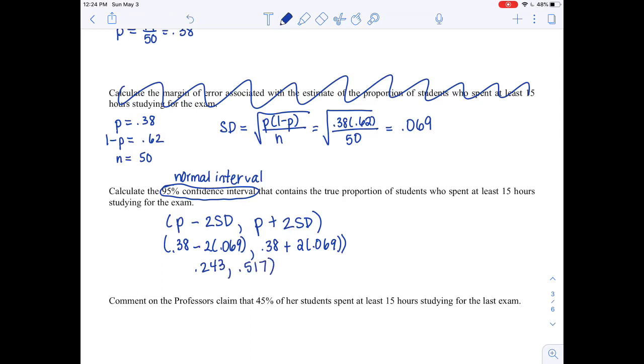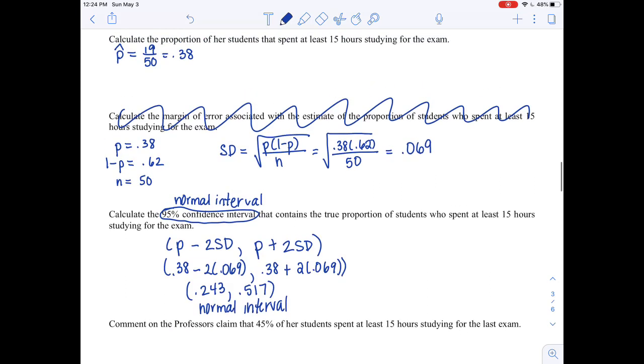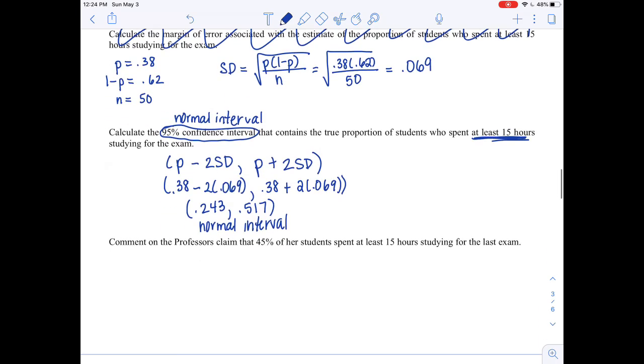Okay, and so when I do that calculation, I'm going to get 0.243 to 0.517. Okay, that's the normal interval in this situation. So that's talking about 95% of students spend at least 15 hours of studying for the exam. The percentage of students that actually spend at least 15 hours studying for the exam falls between about 24% and 51%. So comment on the professor's claim that 45% of her students,